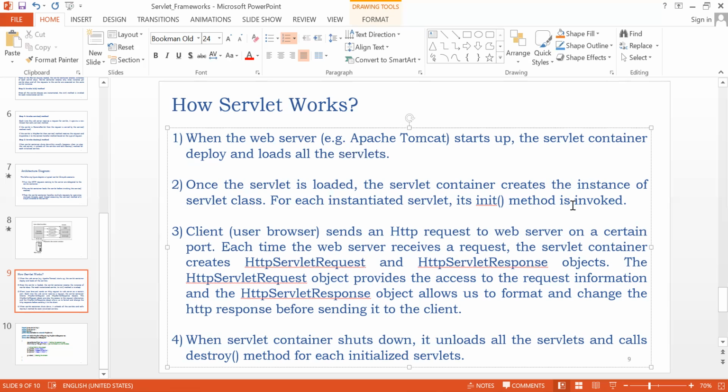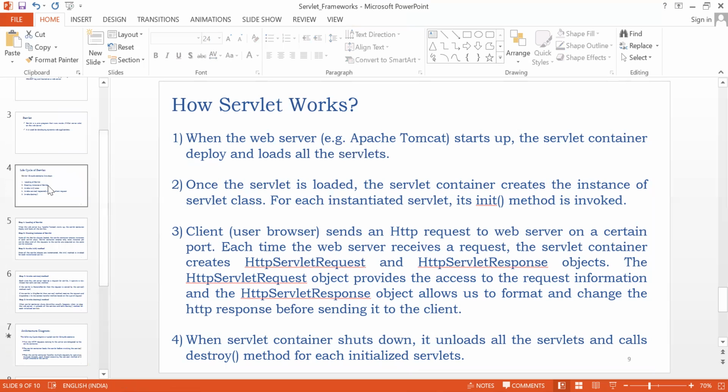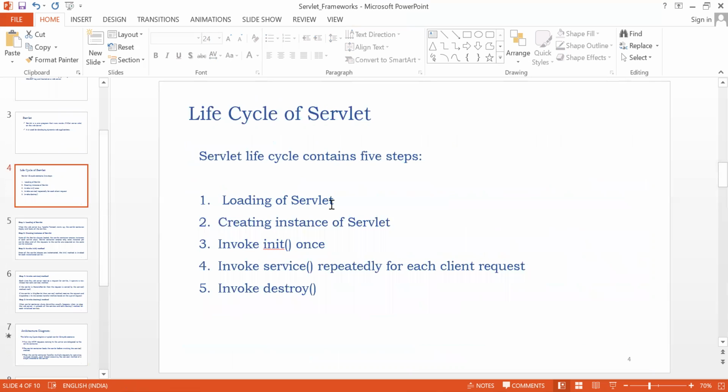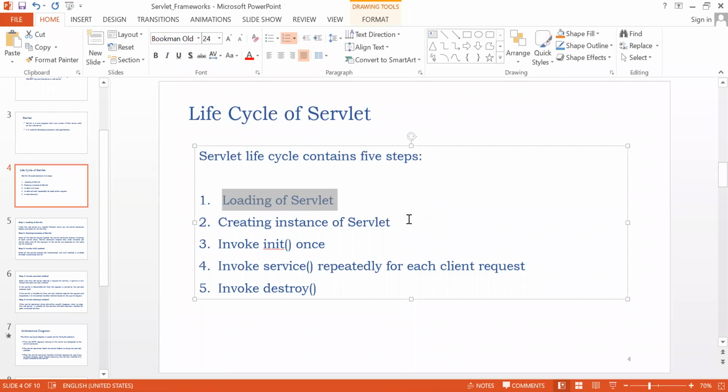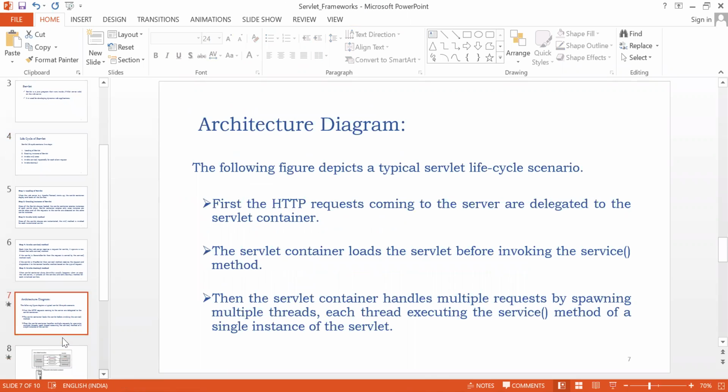So in the life cycle of a servlet, first, loading of the servlet is done when the server starts up, instantiation, creating an instance, is also done, and init is also done. And now the next part is service.